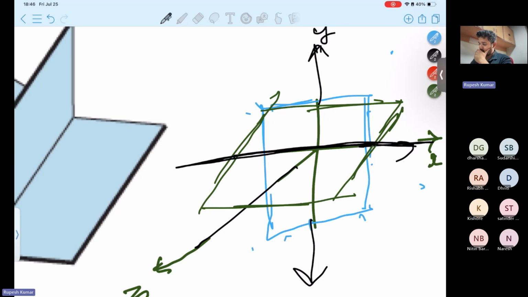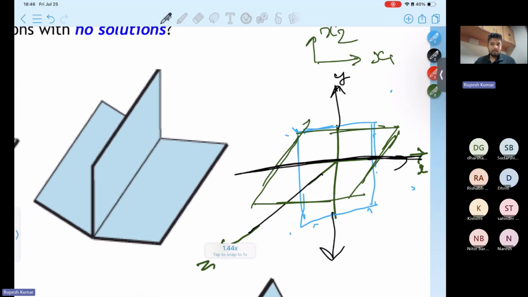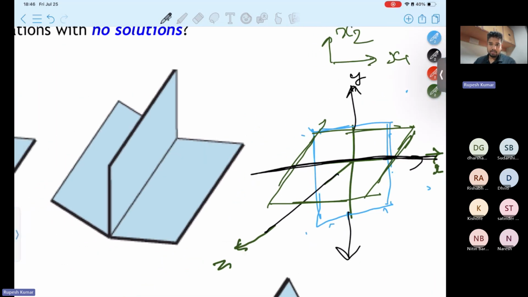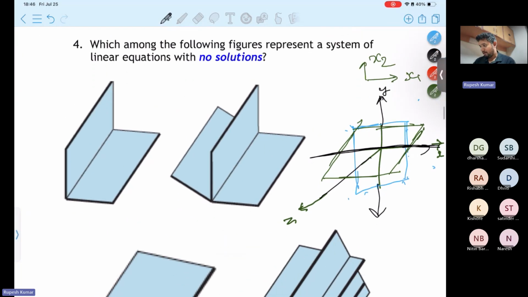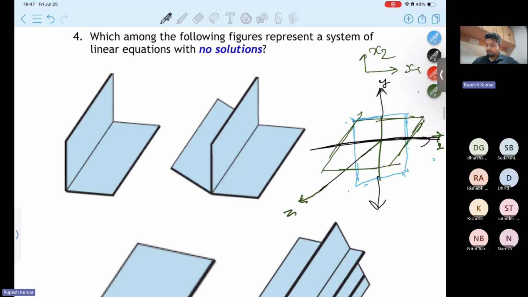that goes through the origin, which is basically the x-axis, right? There are infinitely many points that are solutions to these two planes, which are basically the points lying on the x-axis, right? So this has infinitely many solutions lying on the x-axis. So this is how you find the solution to a system of equations in a 3D Cartesian space. These rectangular surfaces are essentially representing these planes, extending to infinity, right?